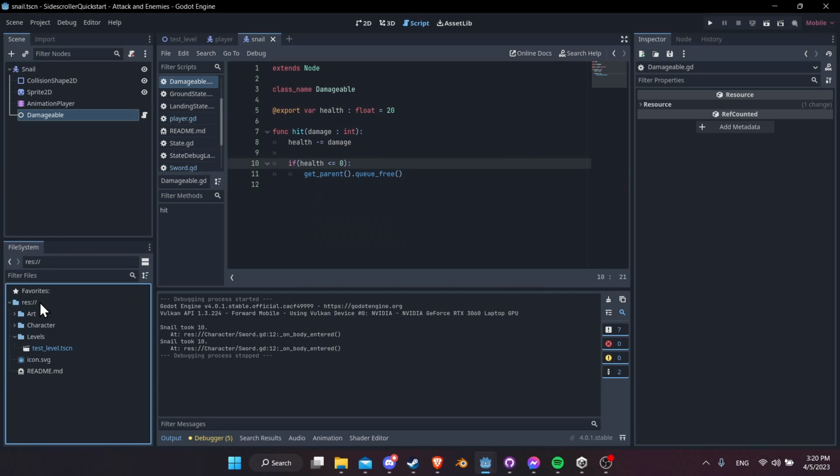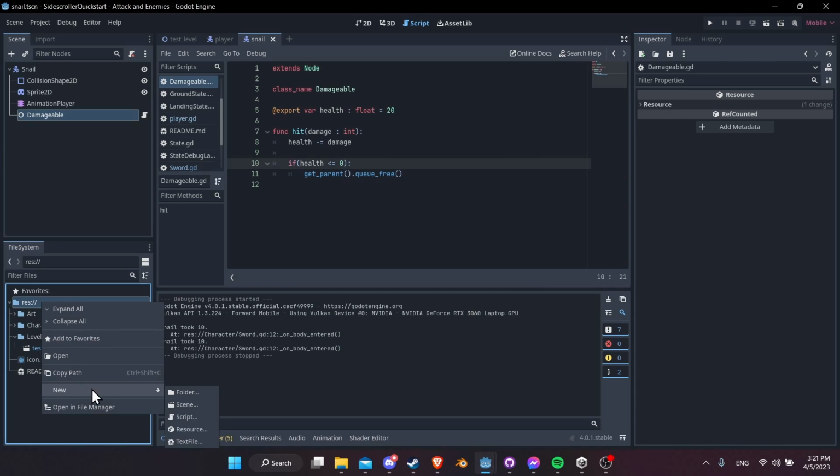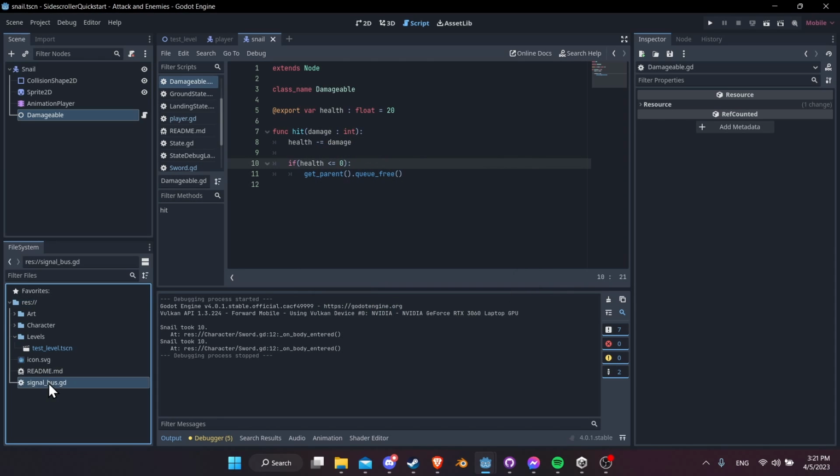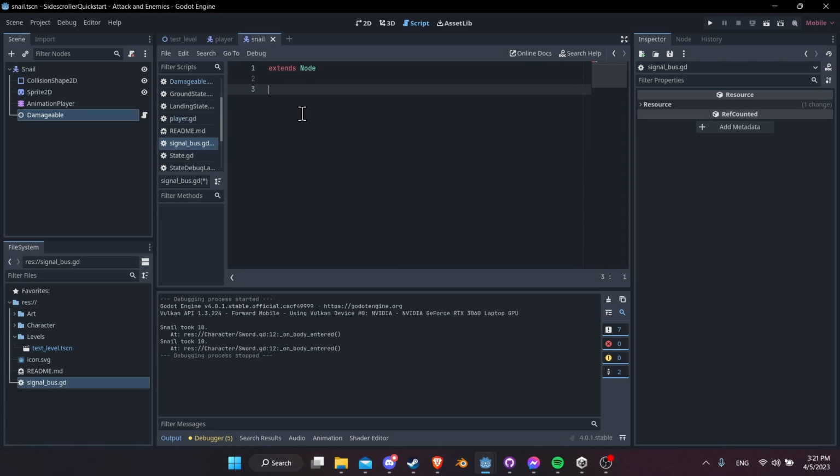Inside the root of our project, let's create a script. I'll right click, new script, and call this signal bus. It will inherit from Node. Create. Let's look into the signal bus script. We'll want to declare a signal. The signal will be health_changed, and we can pass in any data that we need other scripts